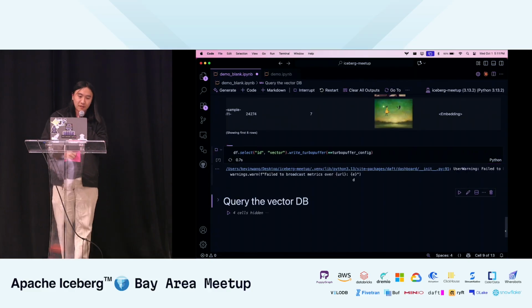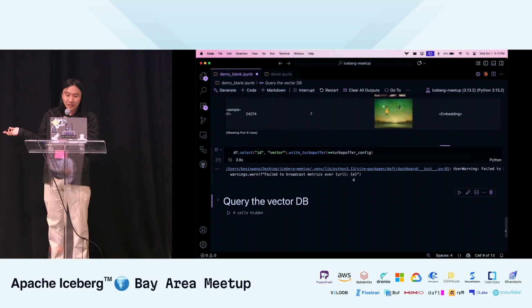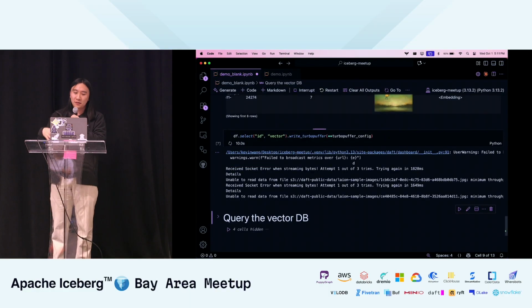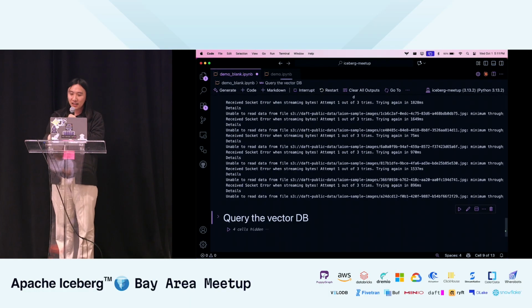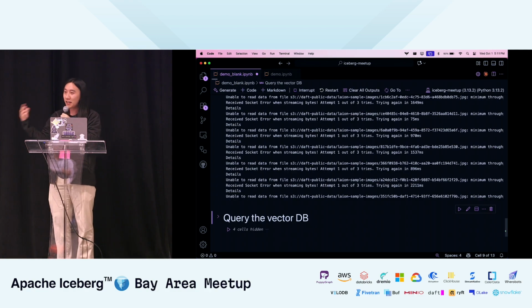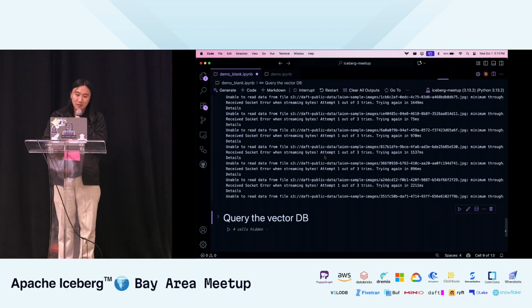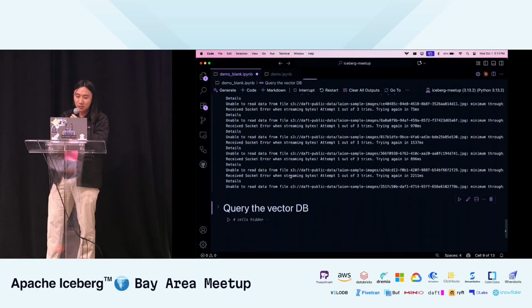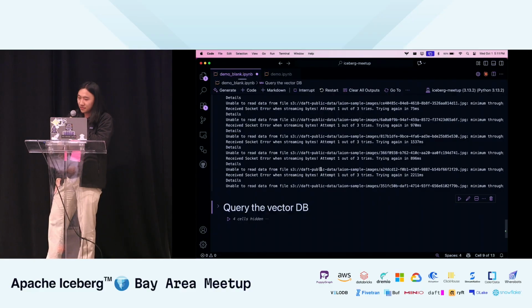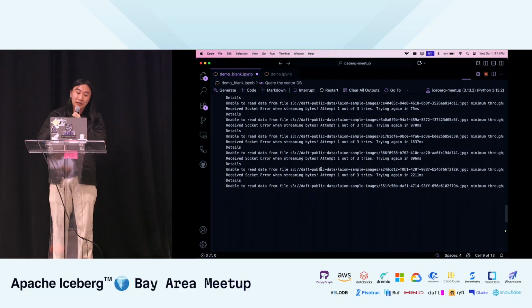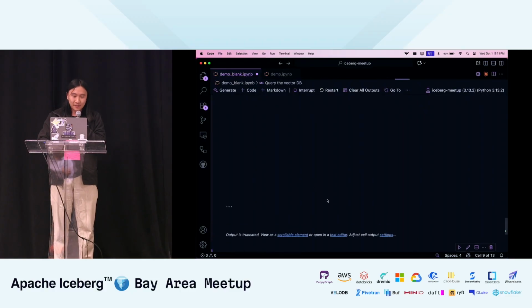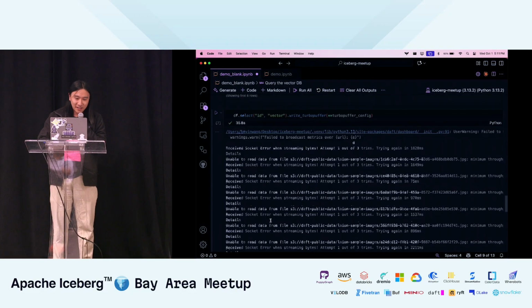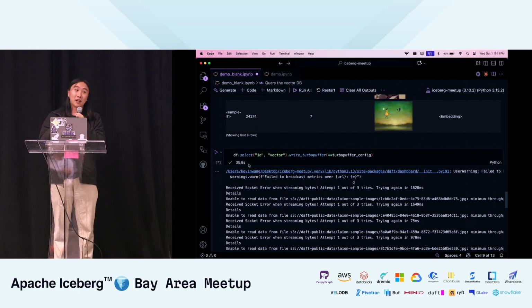Cool. What Daft is doing here again is we're taking an Iceberg table of URLs, downloading each of these URLs into images, running an embedding model on these images, and then writing them to our vector DB. Again, the Wi-Fi doesn't seem too great, but I think in a few seconds we should be able to see the completion of this. And this is all running locally on my machine. And there you go. So in around 35 seconds, locally on my machine, we're able to embed and write out around 100 images